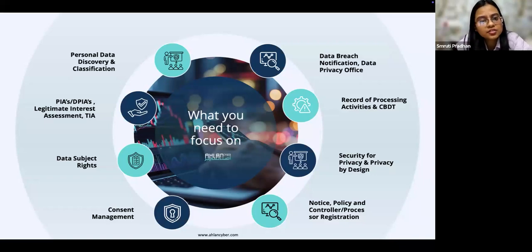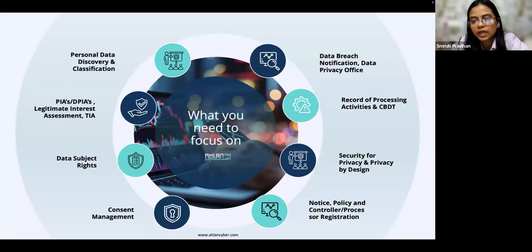But for smaller organizations, you can have a shared kind of responsibility, but this all depends on whether and how you have gauged those variables. There are 3 to 4 variables which we typically look into when we hire a DPO. Those guidelines are also available, and we would request you to go through them. If you are an organization fulfilling one of those requirements, you might be required to hire a DPO.